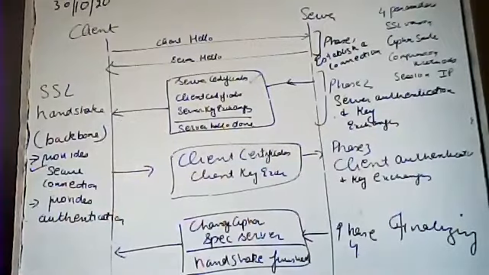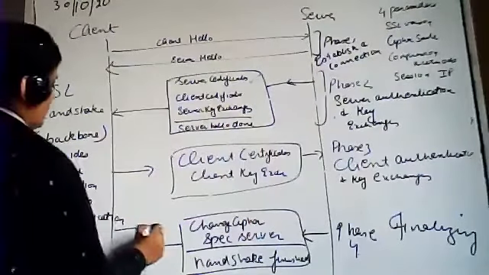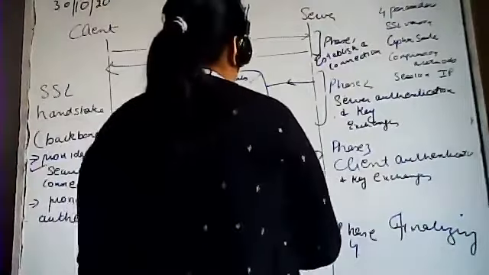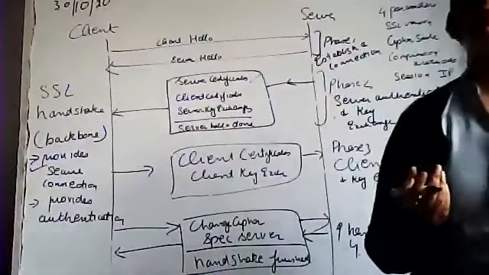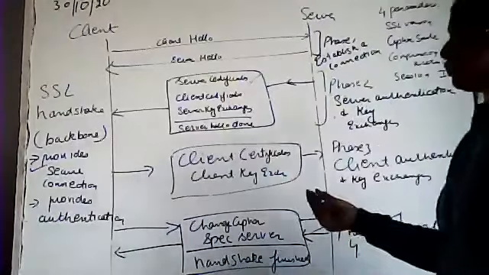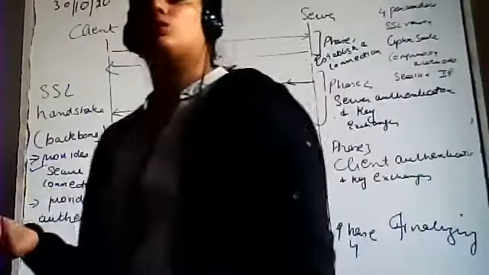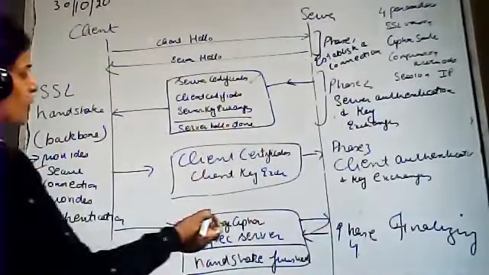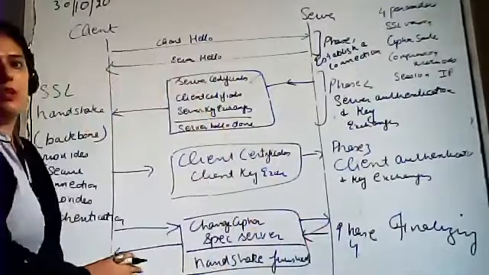Now what will happen over here in the fourth phase? It will start from the client side. This particular phase will be starting from the client side over here. It will start from the client side and it will change the cipher specification. So cipher specification means any encrypted data that the client will pass on to the server, and the server will respond to all those queries of the particular client. Okay, so it changes the cipher specification, and finally your server will finish that particular communication.